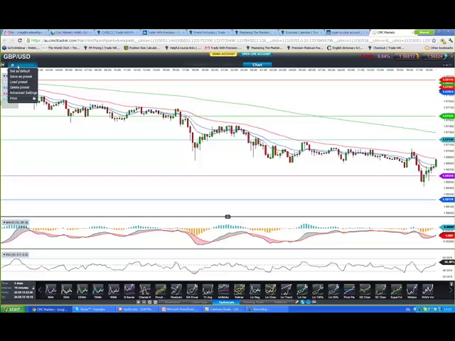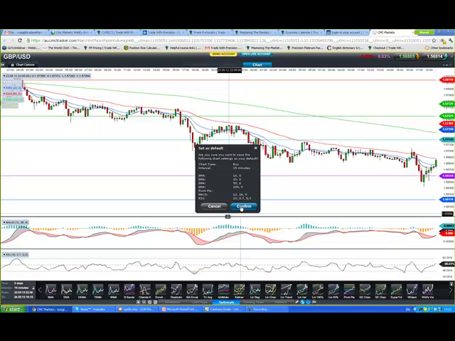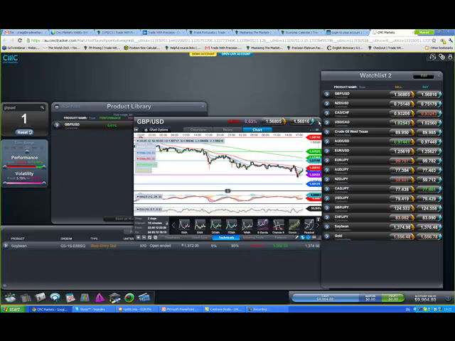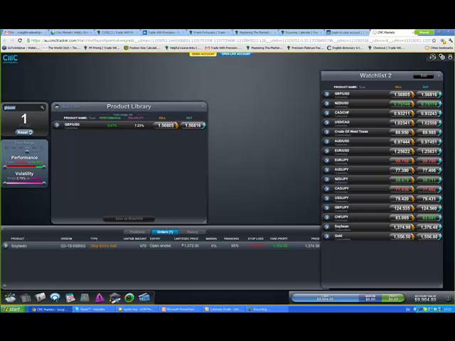I want to keep these pivot points on the charts that I'm going to go through now, rather than have to put them up again and again. So what I'm going to do here is click set as default. Confirm. That's what I want to do. Okay, so nothing there on GBP US dollar.